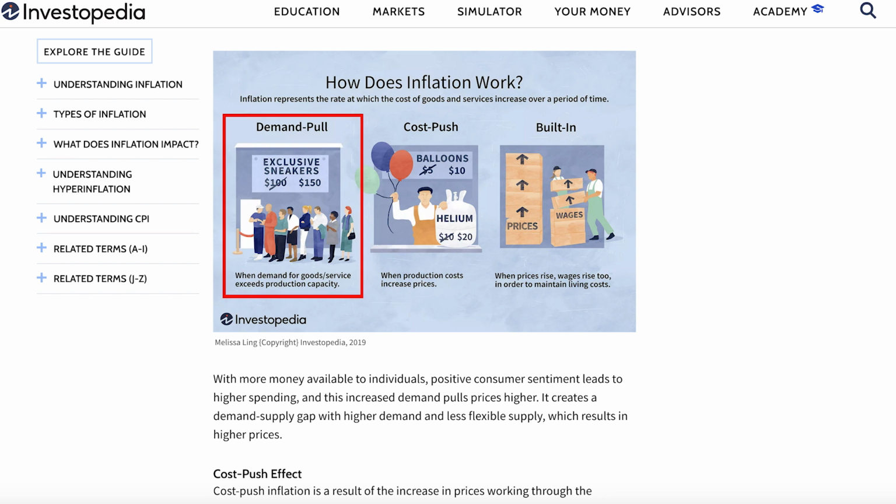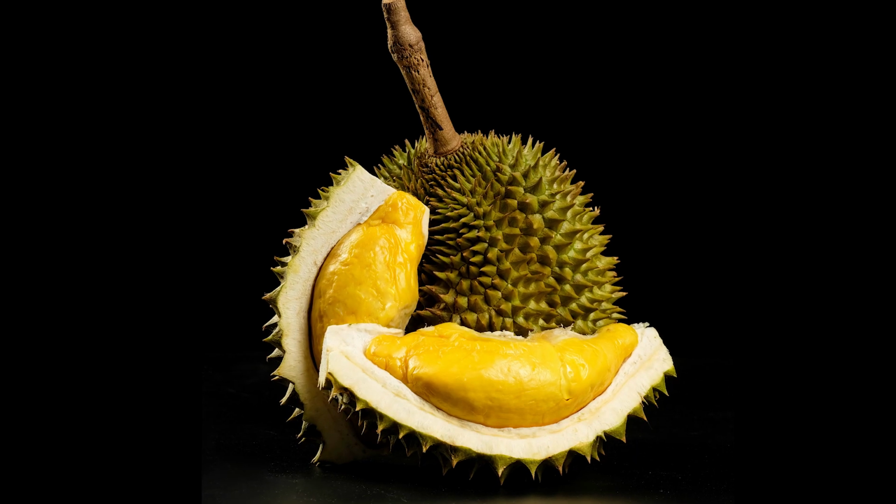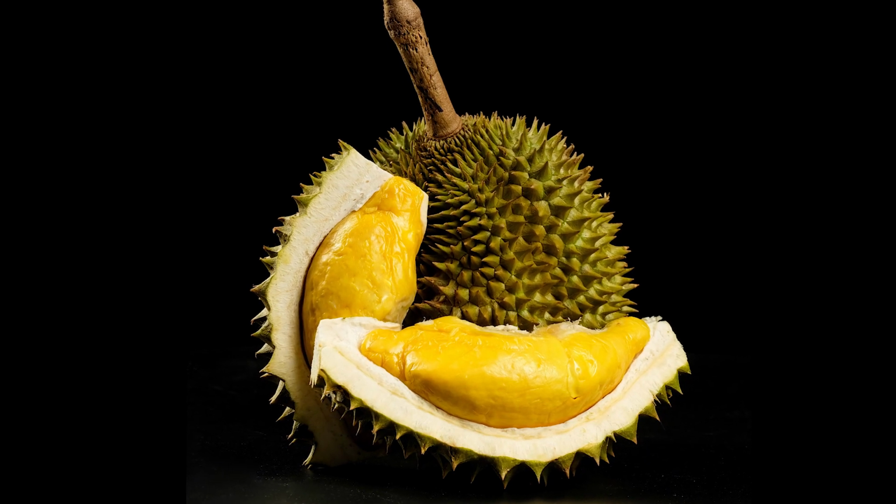With demand pull, this is basically like supply and demand. Let's say there's a limited supply of chicken and stalls have half the supply they normally get, then prices are probably going to double. You will see this commonly with durian prices. If Malaysia has an oversupply of durians, the prices are going to be low. But if they have a durian shortage, then the prices are going to be more expensive.